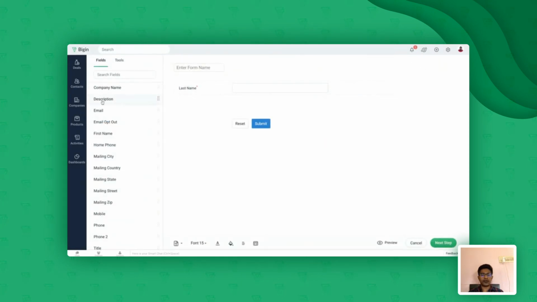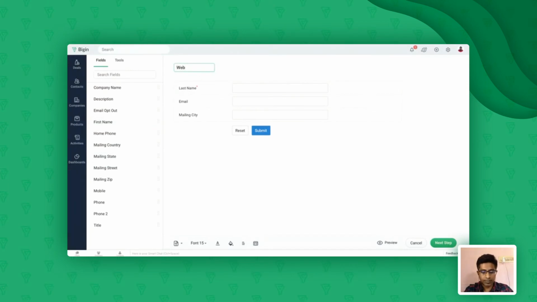So you can drag and drop the fields that you would like to capture in the web form. So if you want to capture email address, just add it here. If you want to capture their address information, you can just drag and drop from here, right? So you can add as many fields as you want. Just drag and drop, enter a form name.